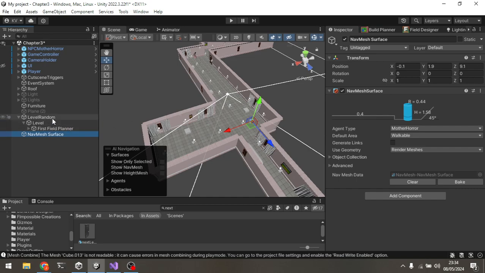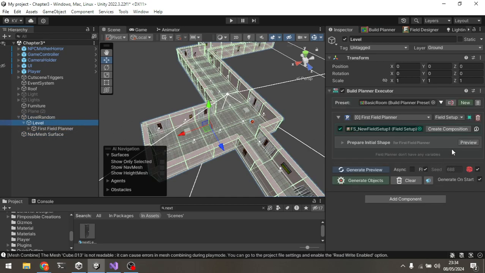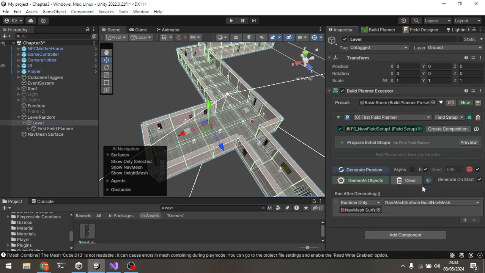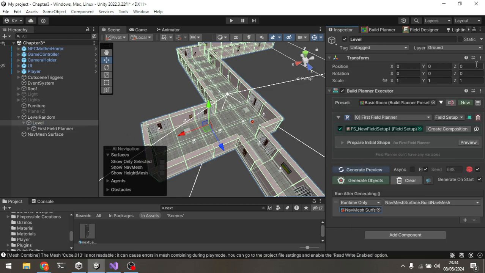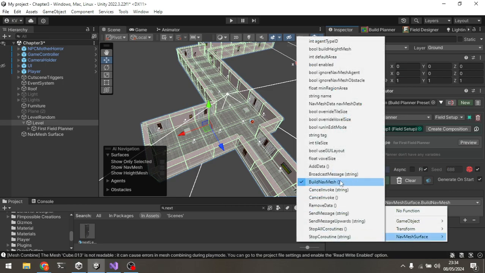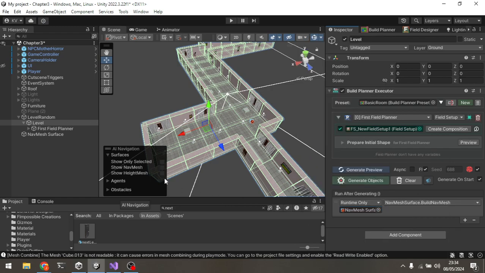Right, so you create one, go back to the level, and then in here you press this icon, whatever this icon is. You select your nav mesh surface, and then you go to the function, select the nav mesh surface, and then build nav mesh, and there you go. Now, with this,